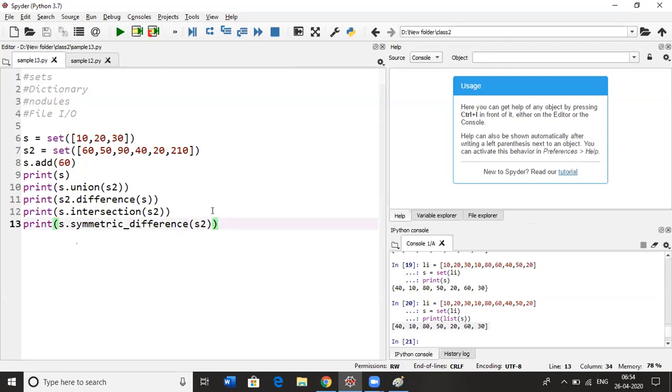So we can create a dictionary. This also uses curly brackets, or you can use the dict function. In a switch case, first we need to put a case here.